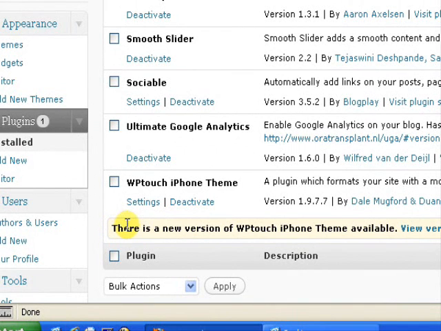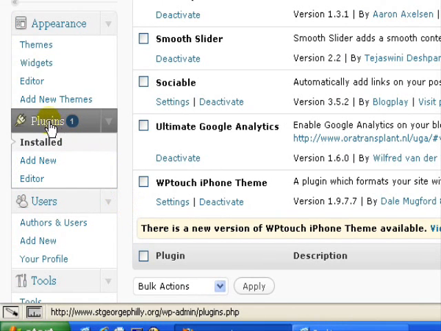In this case, I'm going to show you how to upgrade a plugin, and you'll notice here that on the plugins link, there's one next to the plugin, which means there's one plugin that needs upgrading, or needs to be upgraded. So every time you see that, try to make sure the plugins are up to date, but read up about the plugin updates before you make the update, just in case, if you make the update and it breaks something on the site. It's important to read the notes on the update, just to make sure that that new version does not require you to do anything extra before you